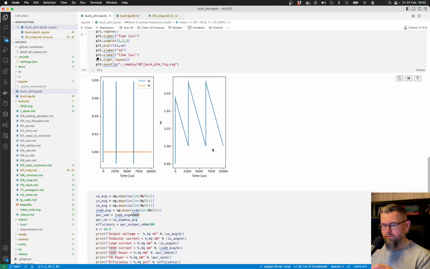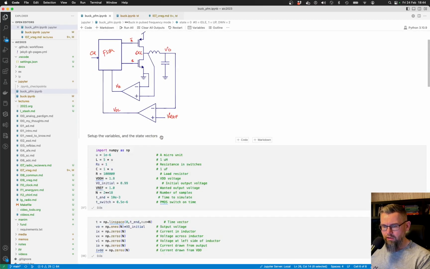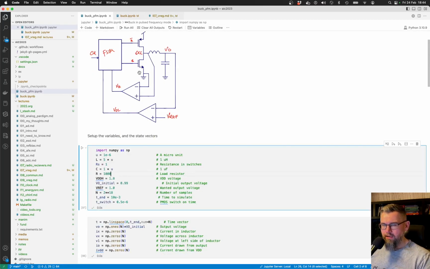This is why it's called pulse frequency mode. It only does something once in a while. The slope that you see on the voltage on the right side here is given by the load current. Right now, my load resistor is 100k. So if I reduce it to 10k, or actually 1k,